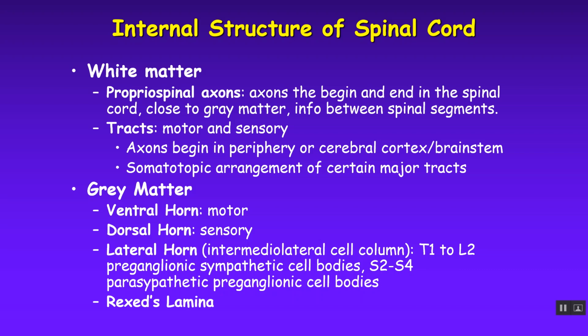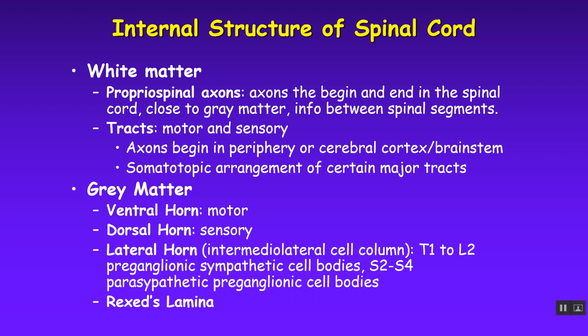Moving into the internal structures of the spinal cord now, we're going to go through some cross sections here. We have white matter. The white matter is grossly divided into two separate areas. There are what we call propriospinal axons. These are axons that begin and end within the spinal cord. They're actually really close to the gray matter, and they help pass information between segments of the spinal cord. This is especially important for